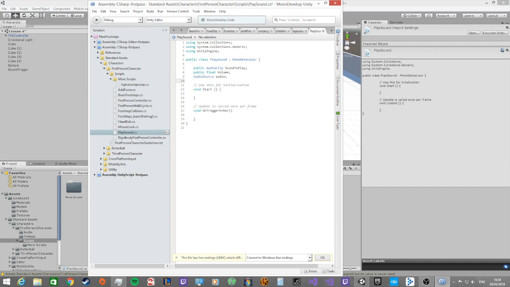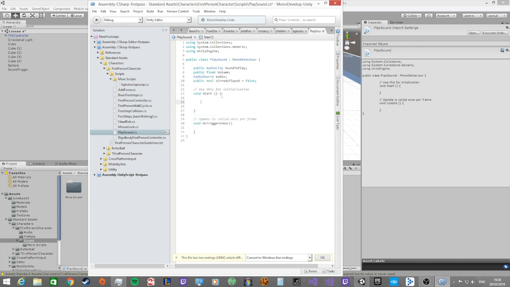Below this, we'll need to include what is known as a public bool. We will be using this bool to detect whether or not the sound has already been triggered in the game world. If the audio has already been triggered, this bool will stop the audio from playing again. Below our audio source, type public bool alreadyPlayed = false;